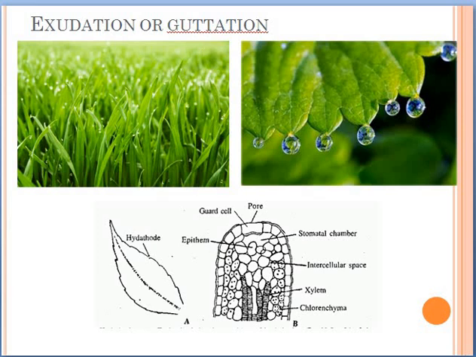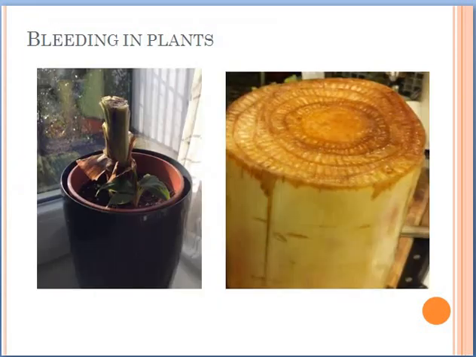And the next topic is bleeding. Bleeding in plants, that's not for fun. Here we are talking about vascular fluid. Vascular fluid is nothing but water or the sap. So when a plant is cut, some amount of water will leak out of the plant through the cut stem.